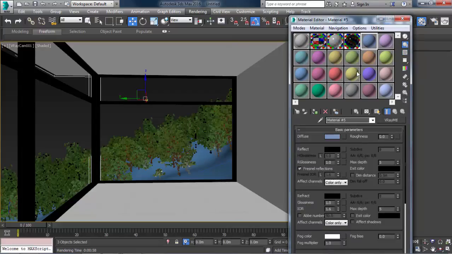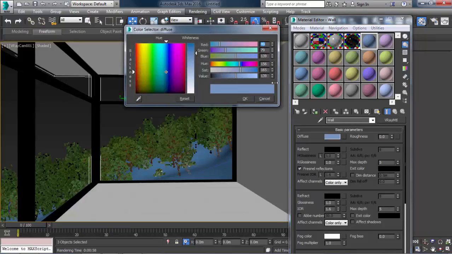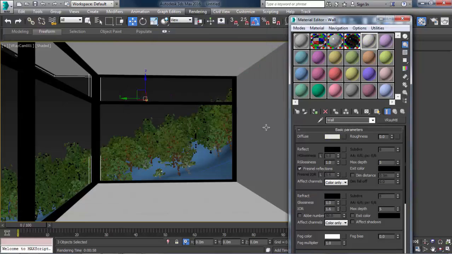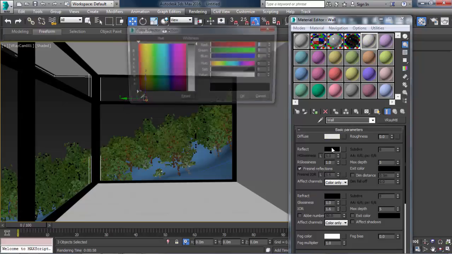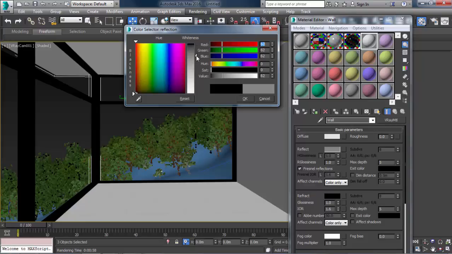Okay, now let's create the wall material. We'll have diffuse something close to here. And we'll have it semi-gloss or something, so let's add some reflectivity.